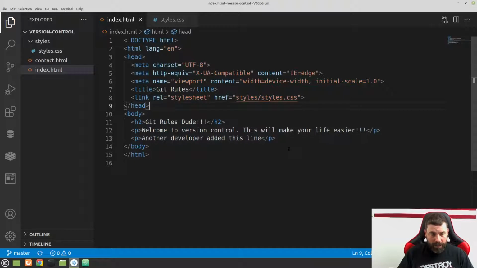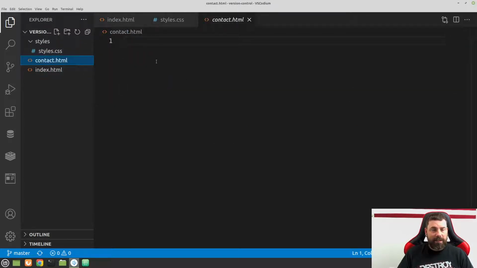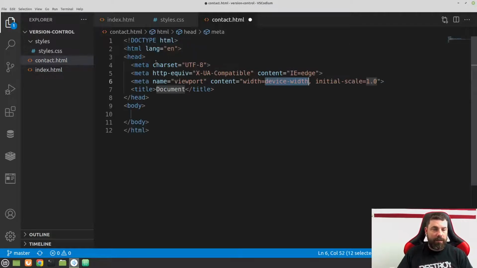So one thing I didn't show is how we can make changes now and update that to the remote server. So let's go ahead and make a change. Let's just add information to this contact.html, and I'm just going to add boilerplate HTML here, and then we'll do an